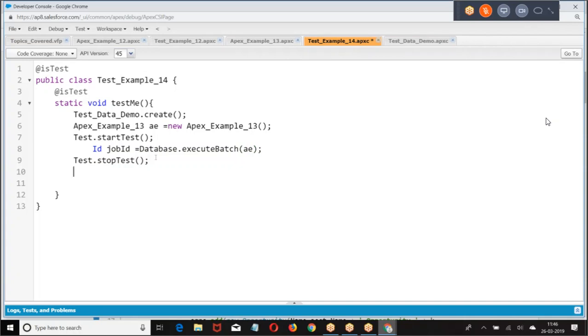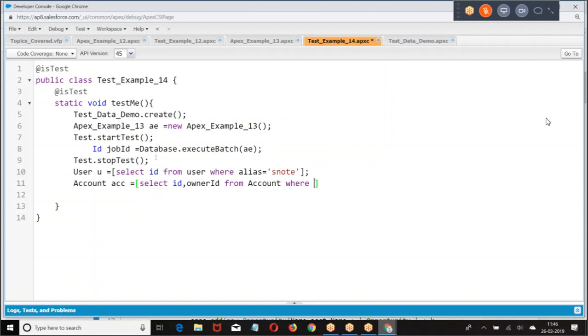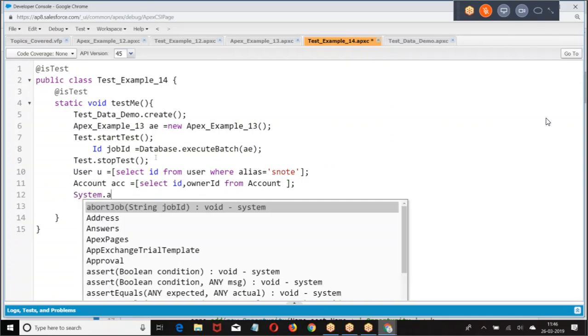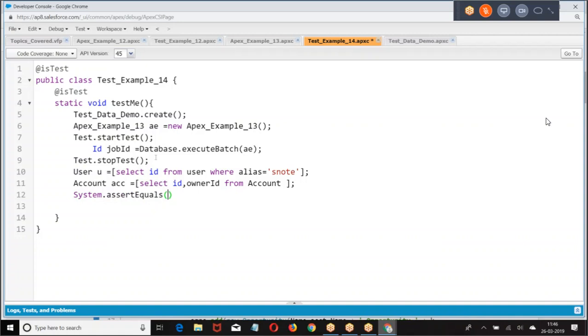If the test class runs properly, what will happen? Then check whether the owner is updated. Is that all right?